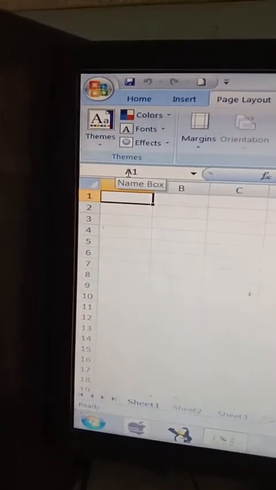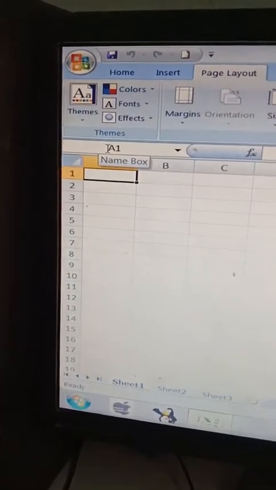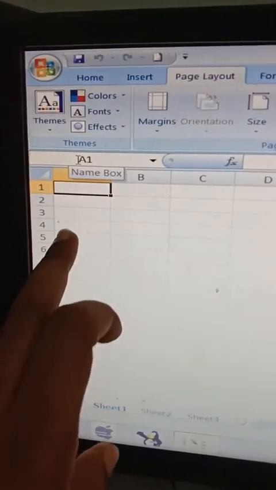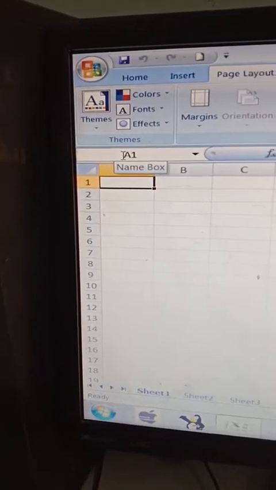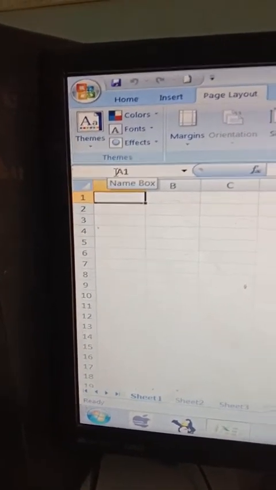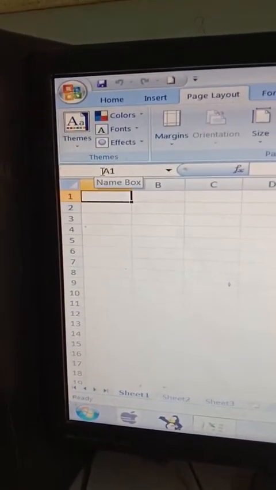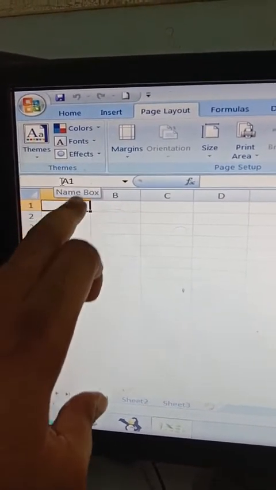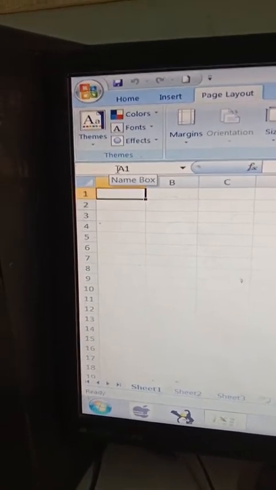Name box. So this is the name box. As soon as I bring the cursor over here, the name box appears. In the name box, the name of the current cell appears. So what is the current cell? Wherever the rectangular box is available, that rectangular box is known as the current cell. We can also find the address of the cell by looking at the name box. First we have the column name, A, and the row is 1. So A1 is the current active cell in which the cell pointer is present. So this is the name box.